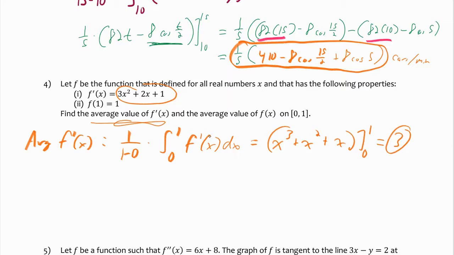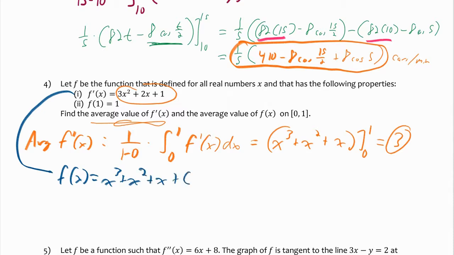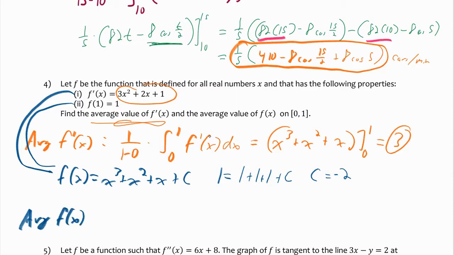But if I wanted to do the average f, then I actually have to figure out what f is. So let's do another little step right here where I integrate this and say that I know that f of x would equal x cubed plus x squared plus x plus a constant. And then I'm going to use the fact that f of 1 is 1, so I get 1 is equal to 1 plus 1 plus 1 plus c, or c would be equal to negative 2. So I now know that c is negative 2, and my average f of x value would be